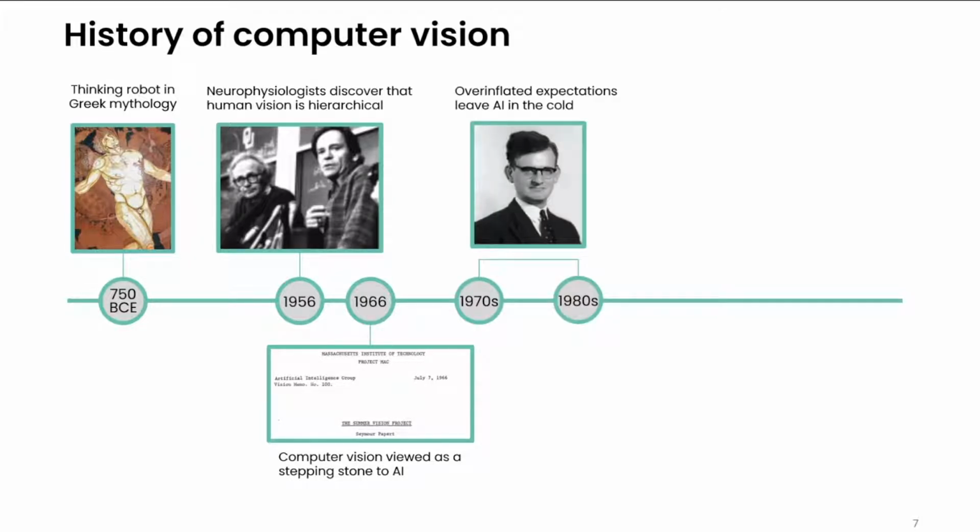So by the 1970s, governments and corporations were starting to lose faith in AI. And with funding dried up, the period that followed became known as the AI winter. And since then, AI has been progressing very slowly or even stagnant. The main effort on computer vision has been focused on extracting handcrafted features from images to understand them. And it works under certain conditions, but is subject to a lot of limitations.